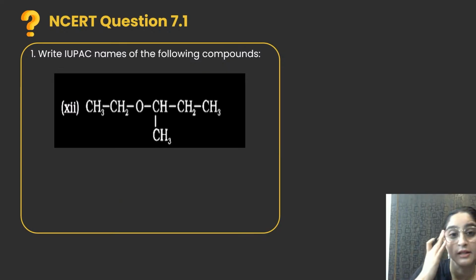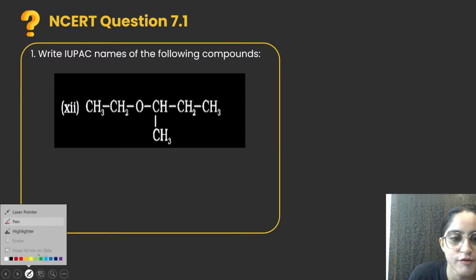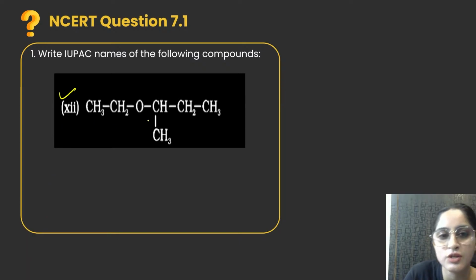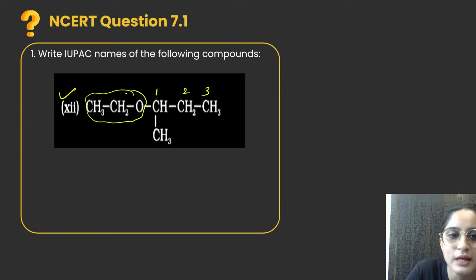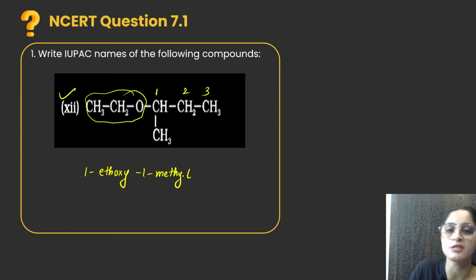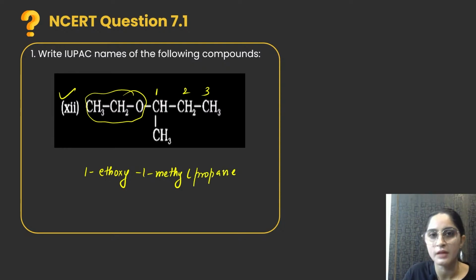So beta, I think we are still left with one more question of the first part. Here it is CH3, CH2, O, CH3, CH2, CH3. Now beta, you have to select the longest chain. So I will select this one, 1, 2, 3. This is my alkoxy part, so it will be on the first position. Firstly, you have ethoxy. E is before M. So 1-ethoxy, 1-methyl, because E is before M alphabetically. Then it will be propane. Okay? Okay, bacha? Understood this?